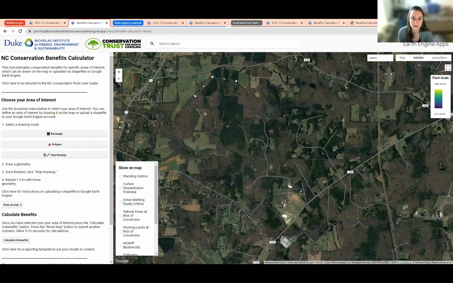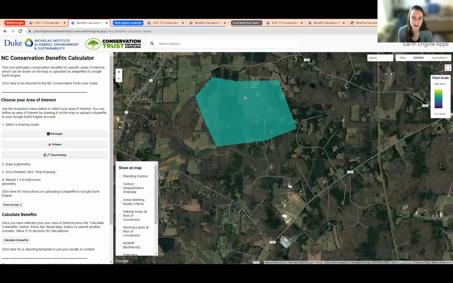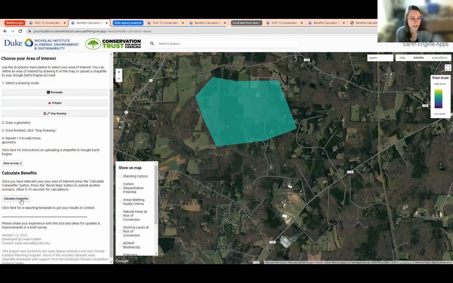So I'm going to do this really quickly. Again, just an example, so it's going to be a little messy, but you just keep clicking here on the outside and then re-click on your first point, and there's my polygon. So if I wanted to get information for this particular polygon, you just scroll down to the bottom and click